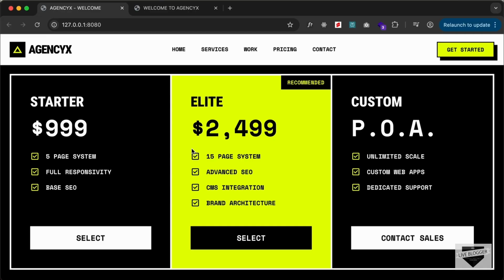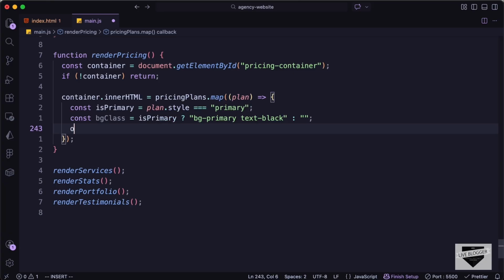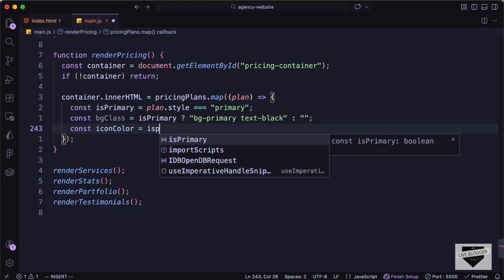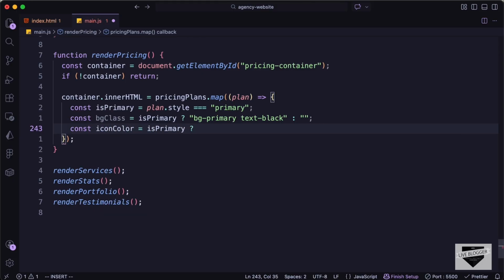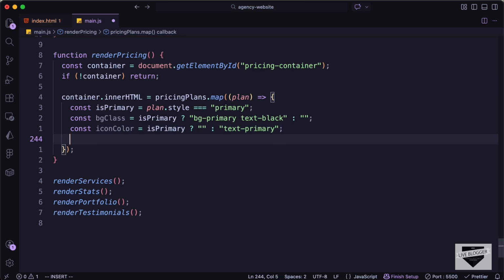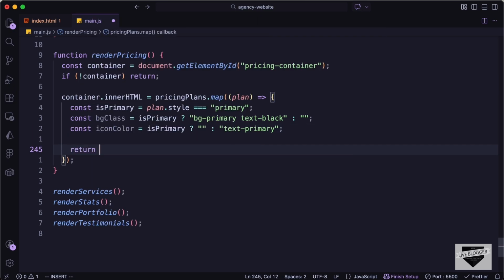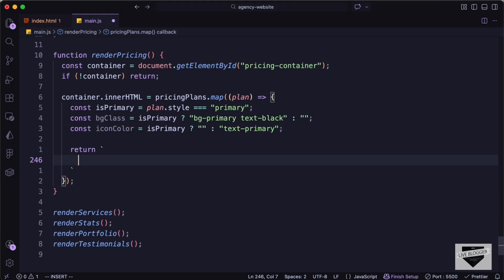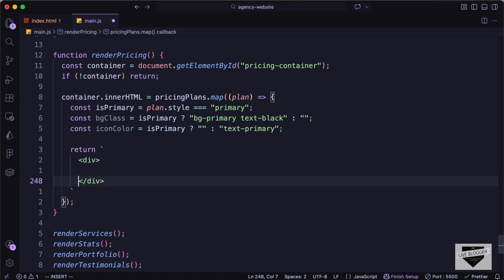Now we also need to change the color of these icons. So for that let's create a new const called iconColor equals isPrimary. So if it is true, then we'll just set it to blank, or else let's type text-primary. Right, now let's return the HTML. So let's type return, let's add backticks, and first of all let's create a div, and in this div